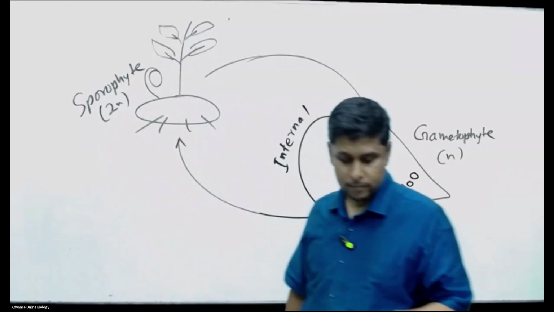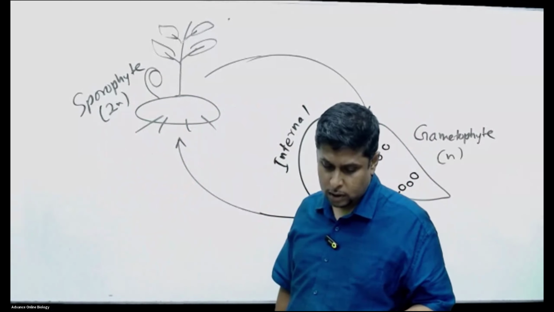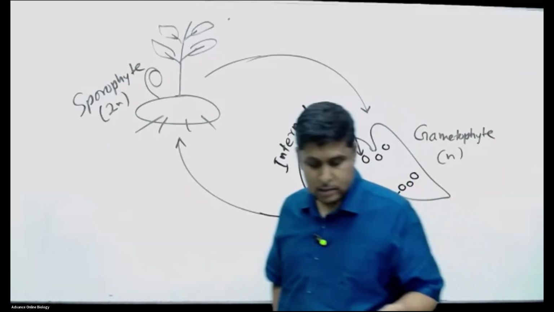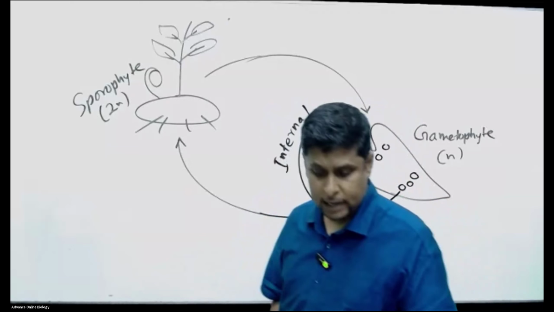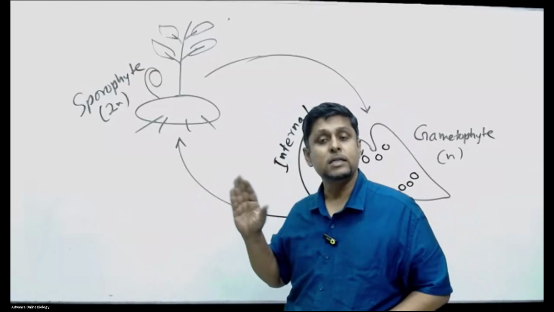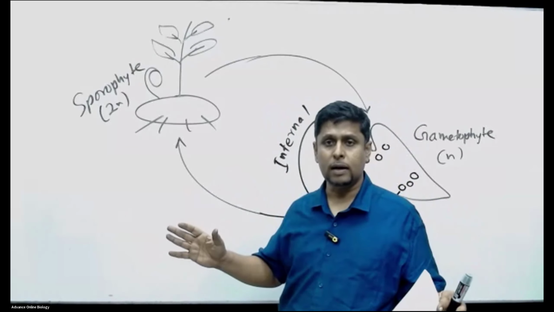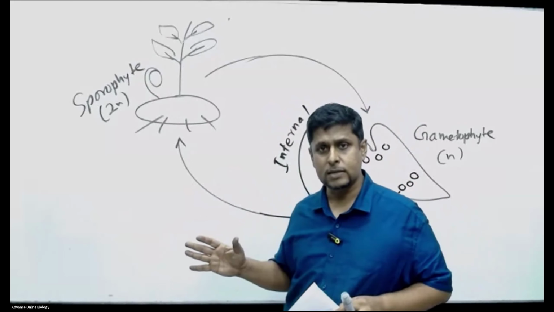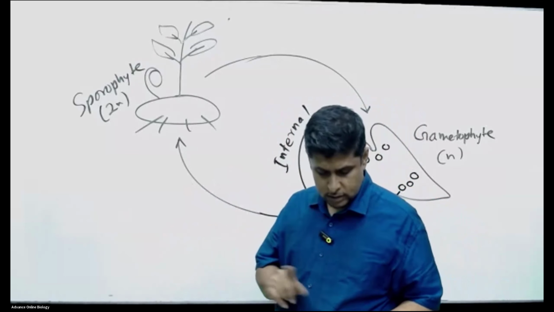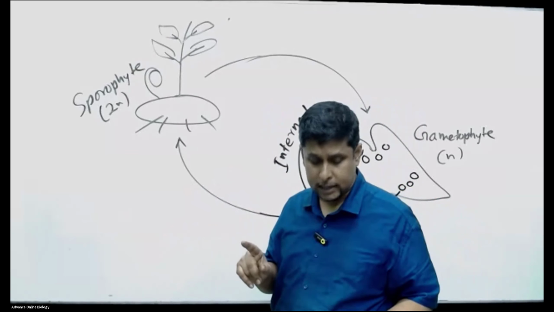Question number 6, seedless plants depend on external water for fertilization, but seed plants do not depend on external water for fertilization. That is correct. I can agree with that. Now, some of the seed plants are using internal water. They don't want rainwater. They don't want external water for fertilization. So they use internal water. Therefore, this statement, seedless plants depend on external water for fertilization, is correct.